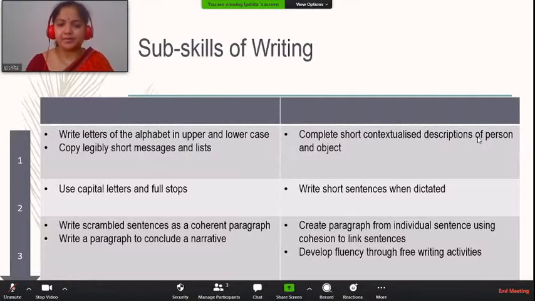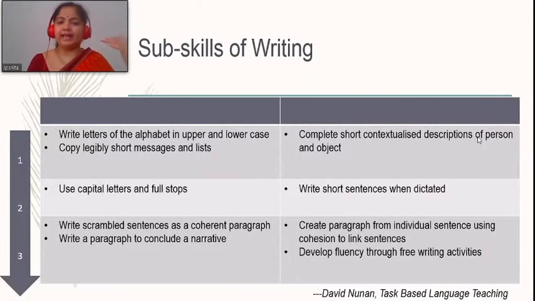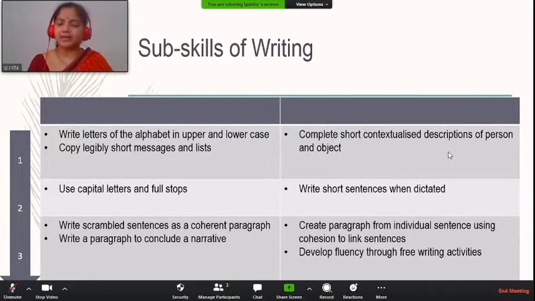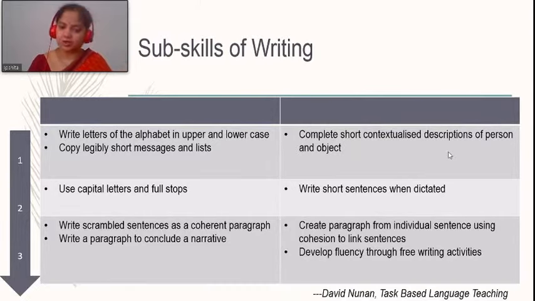Now again, these are the sub skills of writing. As you can see, in level 1, students are only expected to copy nicely, that's all. And finally, in level 3, they are able to write paragraphs. They are able to move from guided writing to free writing. So in guided writing, you give them words, structures, sentences. In free writing, they're able to gradually do on their own. So there is a gradation from simple to complex. You can see where your students are and then you can match your activities.